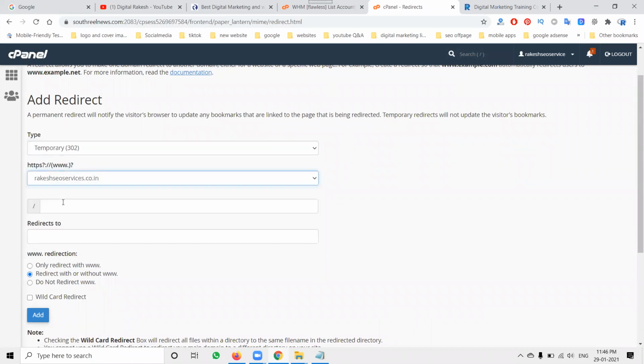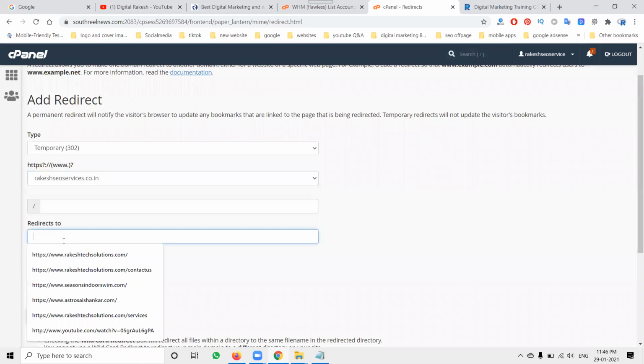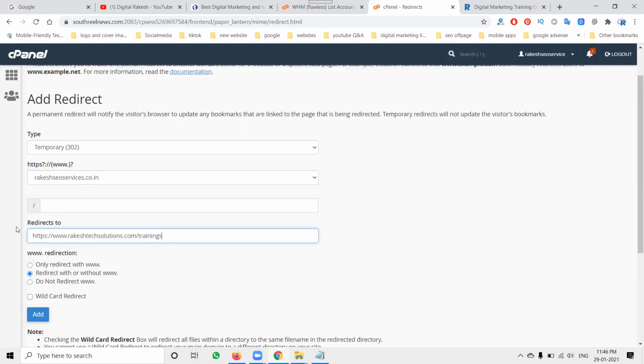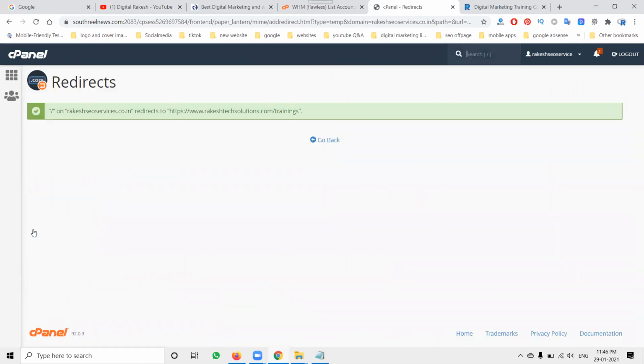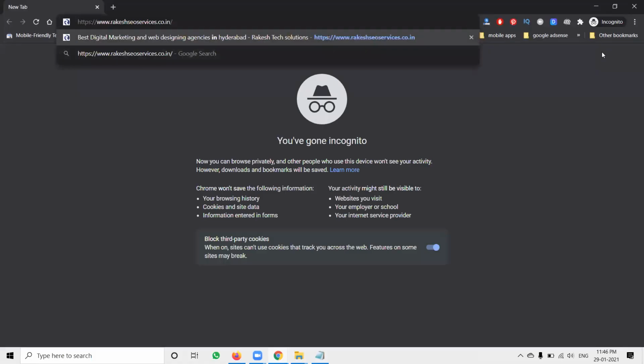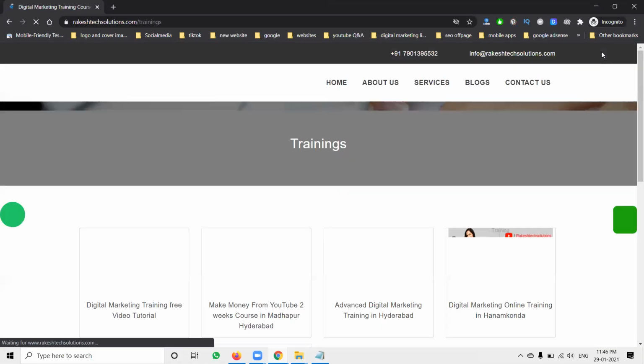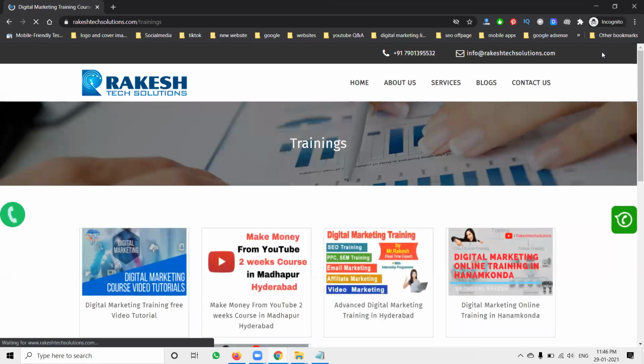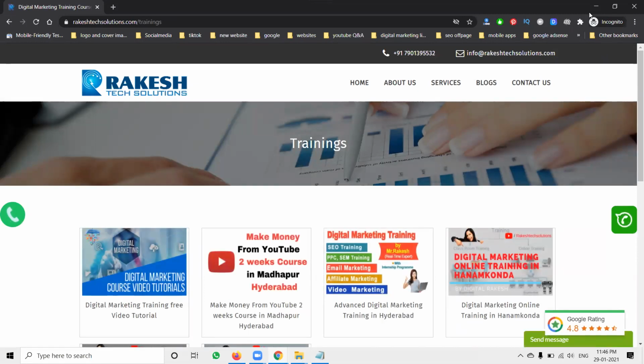Add your domain. After that, select which page you want to redirect to. Select the redirect option and click add. Now, anybody who opens this page in an incognito window will be immediately redirected. So now it goes to the Rakesh Tech Solution training page.